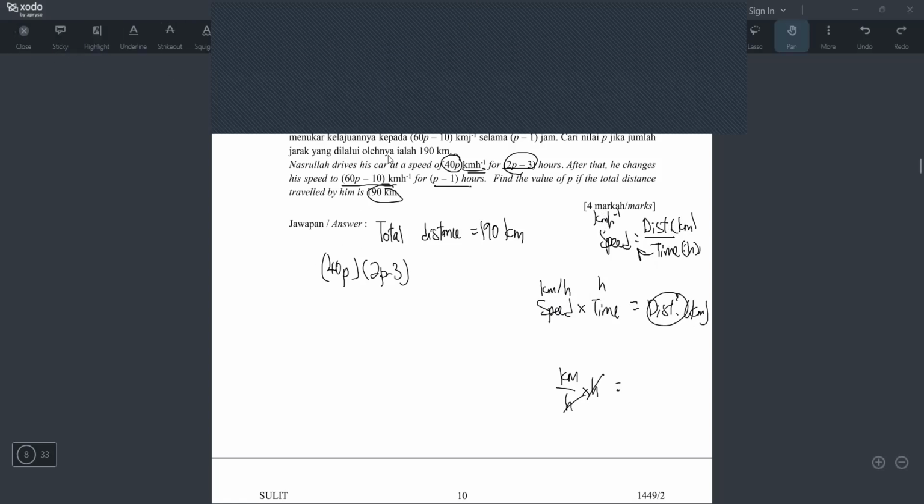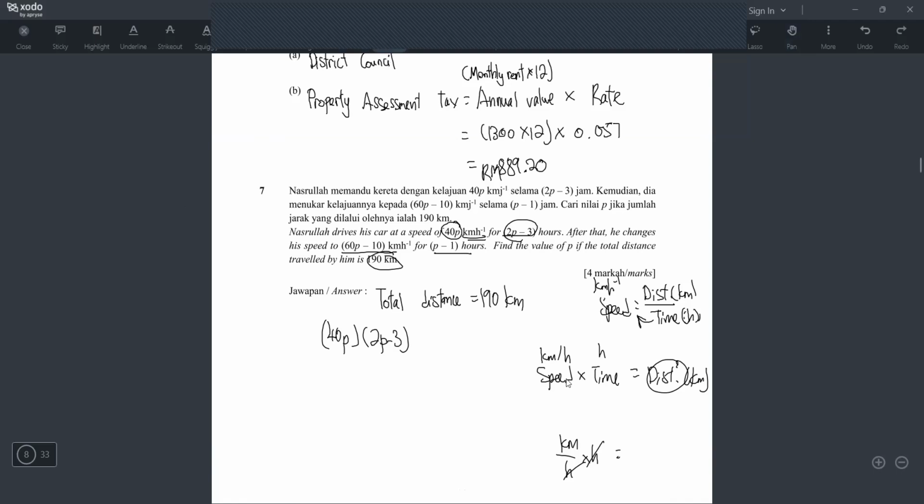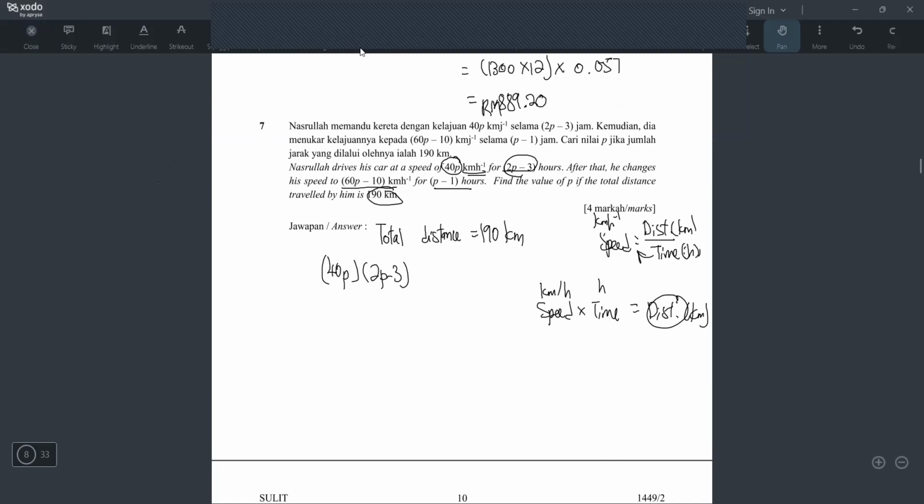Okay, I sometimes look at the units also. Let me close this. Now I will erase all this, just the bottom part. So how to get the distance? Now you understand: you take the speed times the time. This 40p has the unit kilometers per hour, and this one is hours, right? Why do you multiply them together? Because when you multiply, you get the distance, as h and h cancel and you get kilometers. So after you multiply this, it will be in kilometers automatically, not in meters.